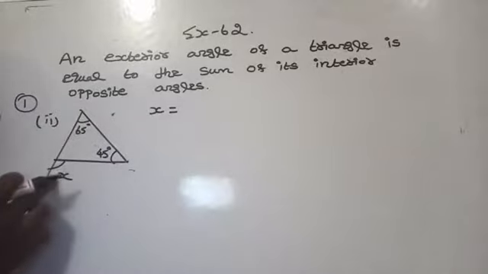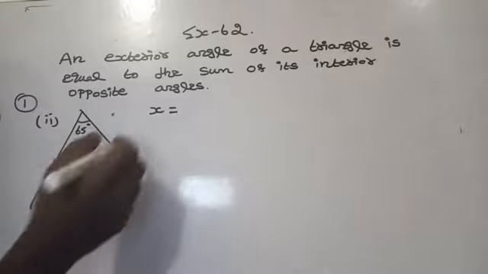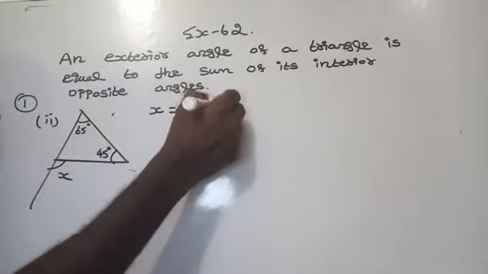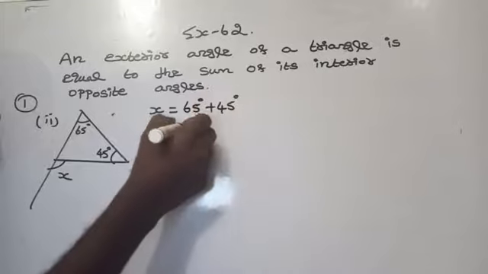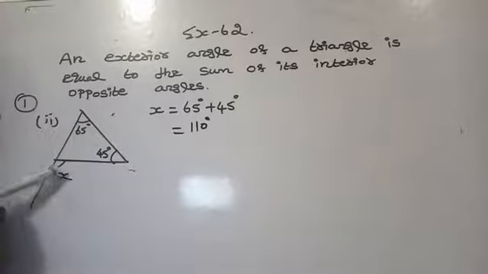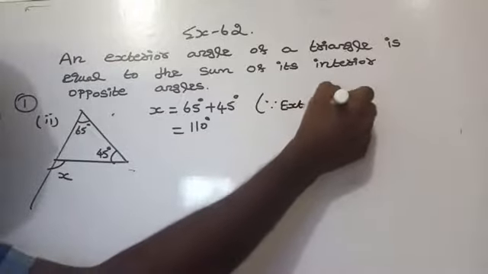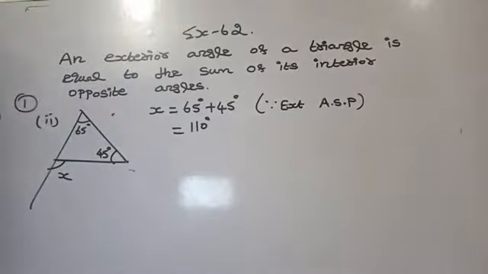Please remember, it is exterior, it is interior. These are the two angles which are opposite to the interior angle. So x is equal to 65 plus 45, that is equal to 110 degree. If it is 110 degree, then it will be 70 degree by using linear pair. Since exterior angle sum property of a triangle. Are you getting here? Shall we move to the next part? Yes. Third question is,